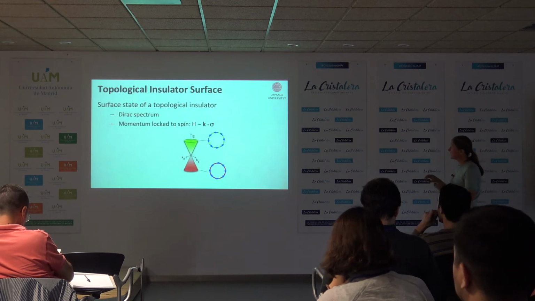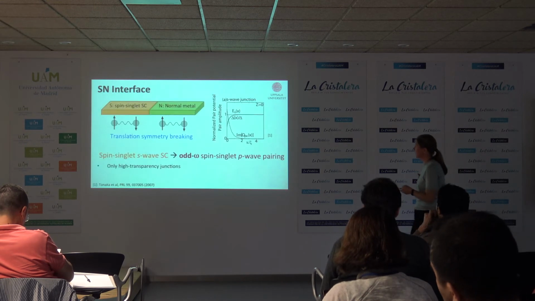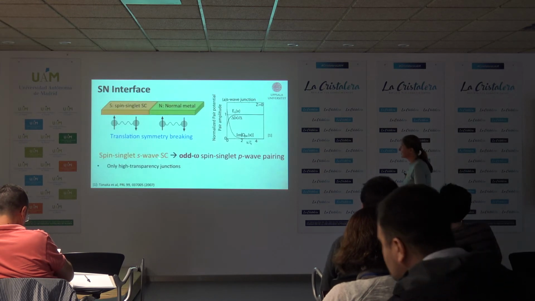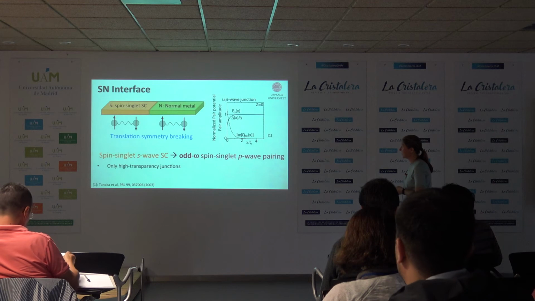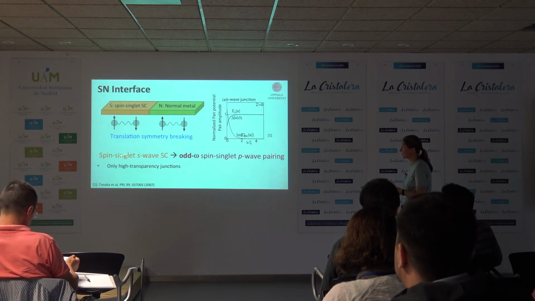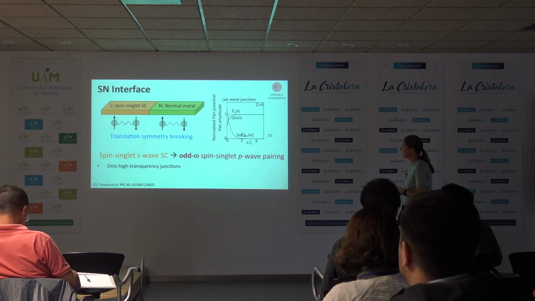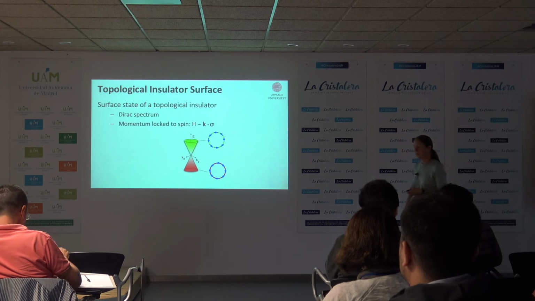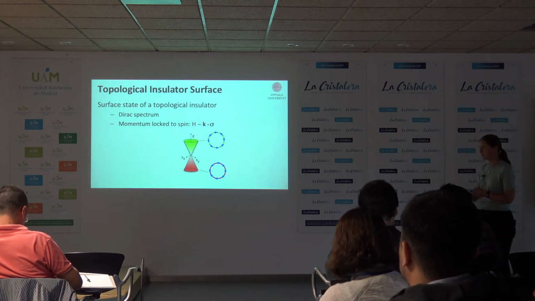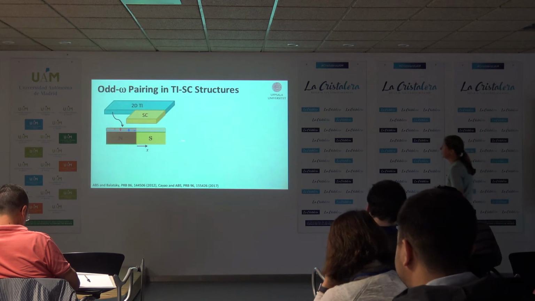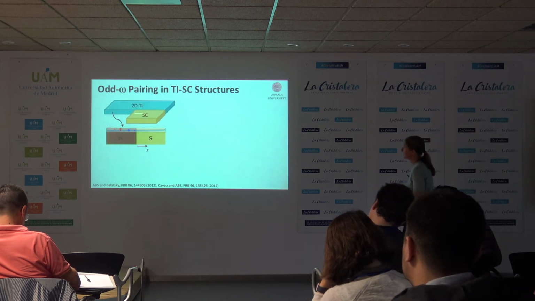We could take these two. In this system we broke translation symmetry and went from S-wave to P-wave, and we didn't touch the spin, so both are spin singlet. If we do this in a topological insulator, we actually couple momentum and spin through the Dirac Hamiltonian, k dot sigma. So what can happen if you do, say, a junction on, so this is actually a 2D TI,